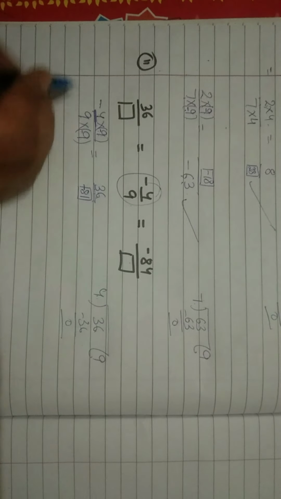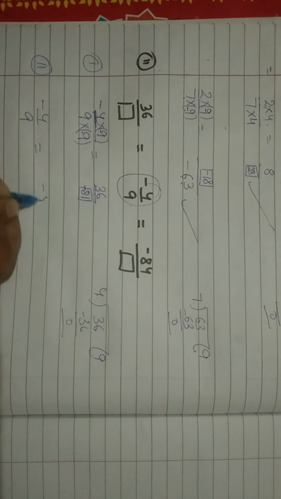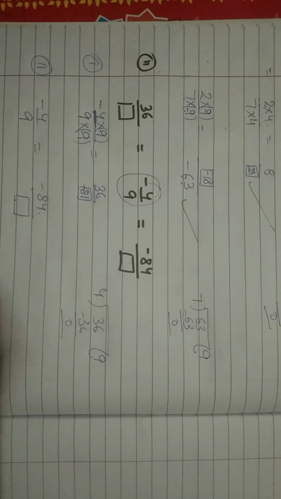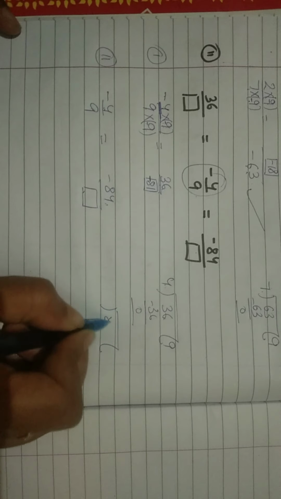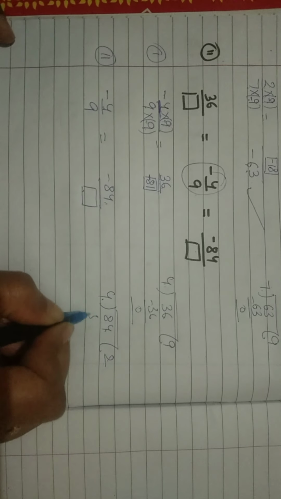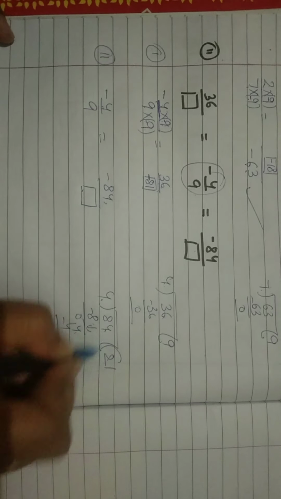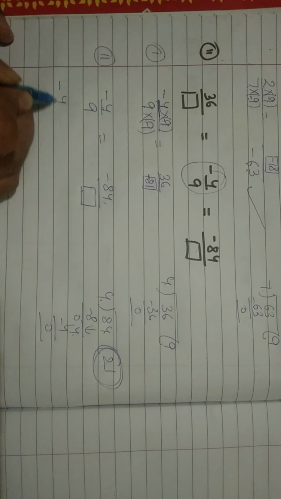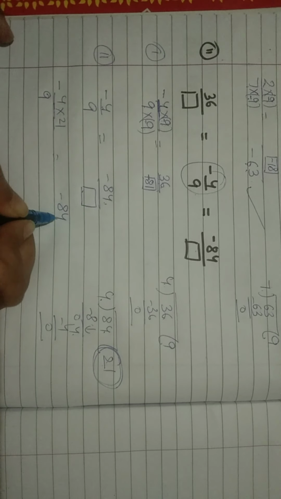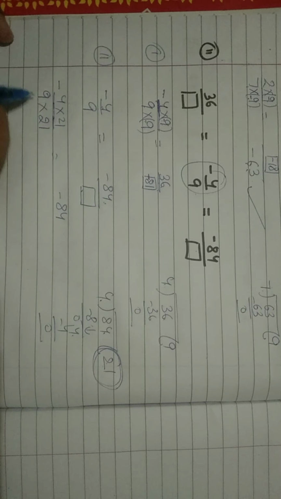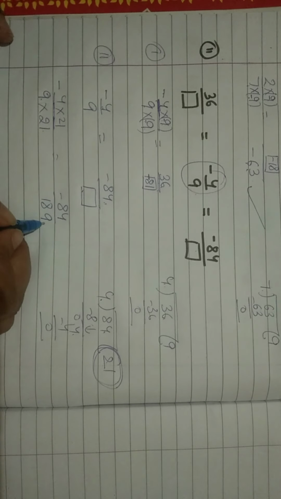Fine. This was the first solution. Now minus 4 upon 9 is equal to minus 84 upon unknown number. So from minus 4 to minus 84, again let us divide. 4 2s are 8. Take 4 down. 4 1s are 4. So that means you are going to multiply it by 21. 4 over 9 multiplied by 21 is equal to minus 84, and upon the denominator also. So 9 1s are 9, 9 2s are 18. So it is 189.